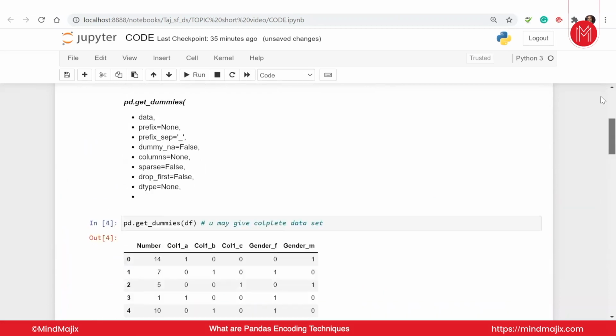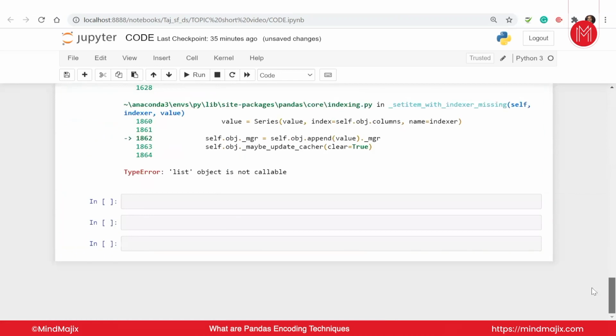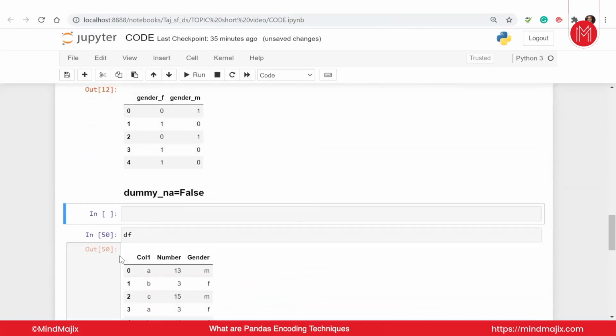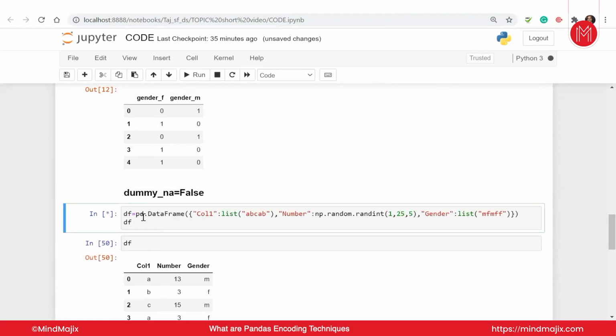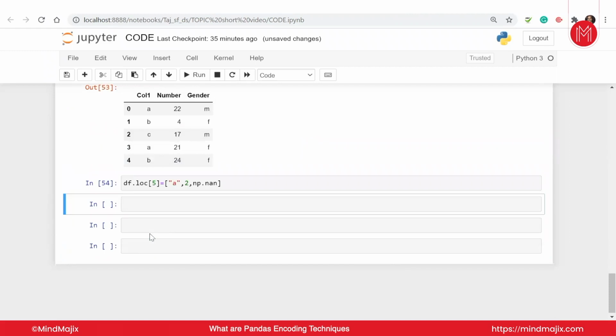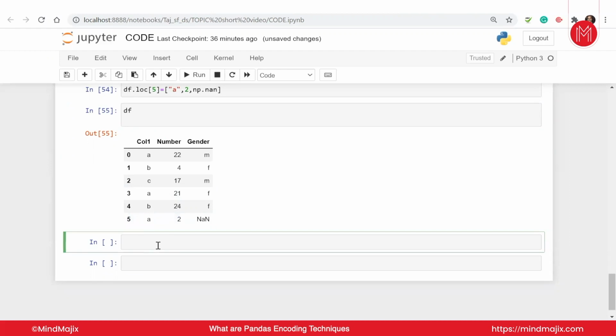Nothing, guys. Basically, it just has taken the new element, that is why it is giving me error. So I believe if I just replace this df variable again with this, that should be okay. Okay, perfect, it worked. That's good. So we appended a value that is NaN. So NaN, that is what I'm adding. We have a null value now.